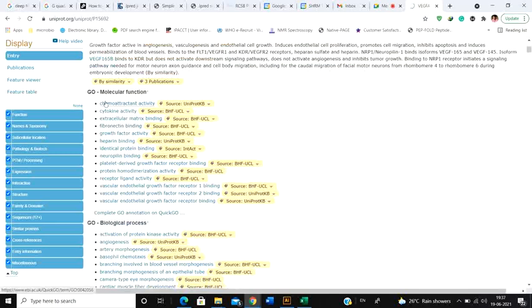And next you get to see the gene ontology result, that is the molecular function. Now what is molecular function? Molecular function is what this particular protein actually does in your body. What's the role of that protein? So the role is that it is a chemoattractant. It has some cytokine activity. This molecule also has a growth factor activity. So that is the molecular function of this particular molecule.